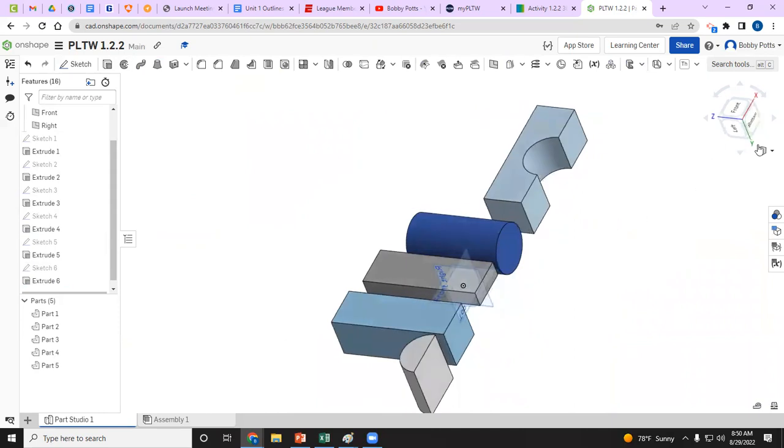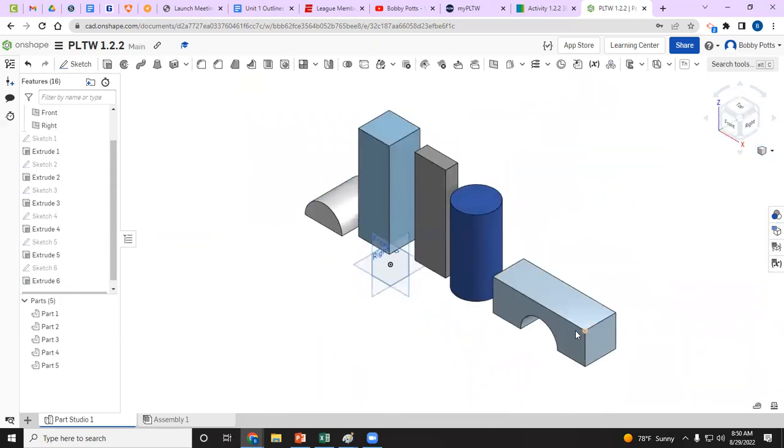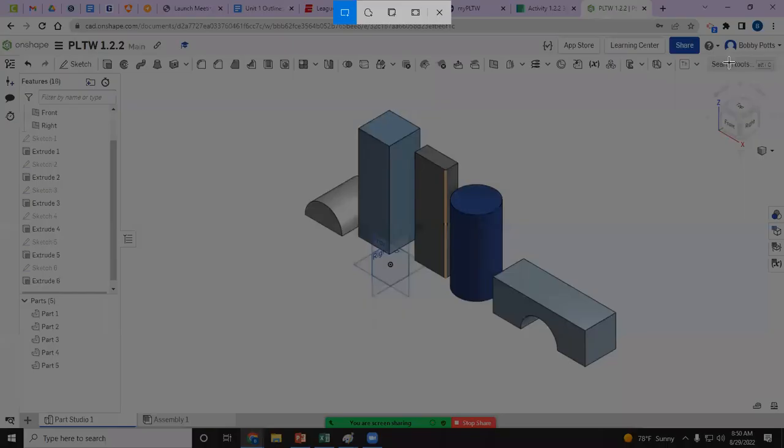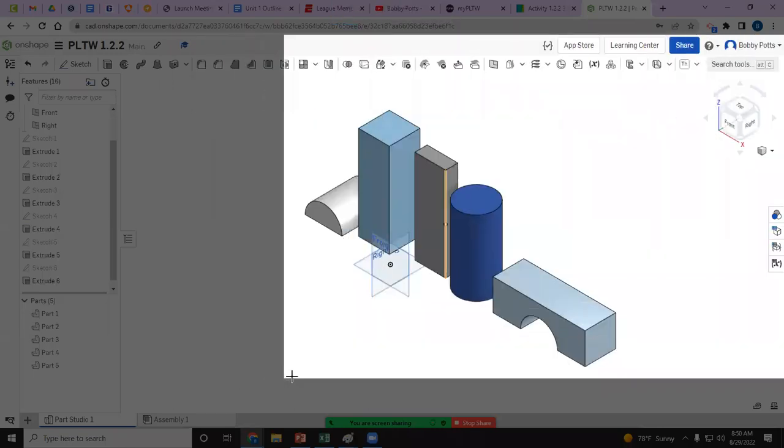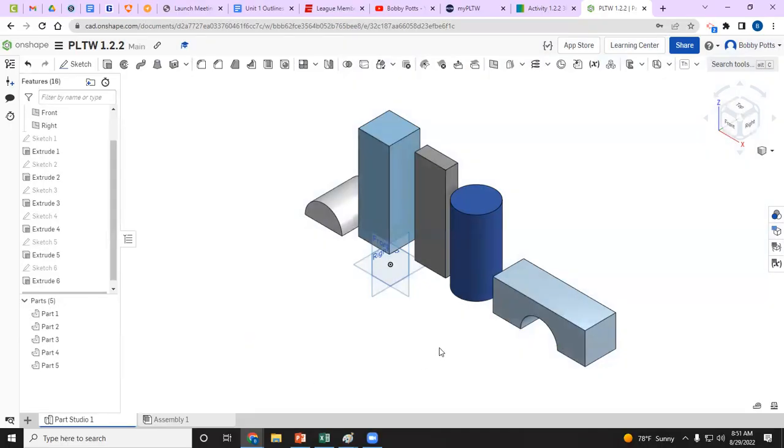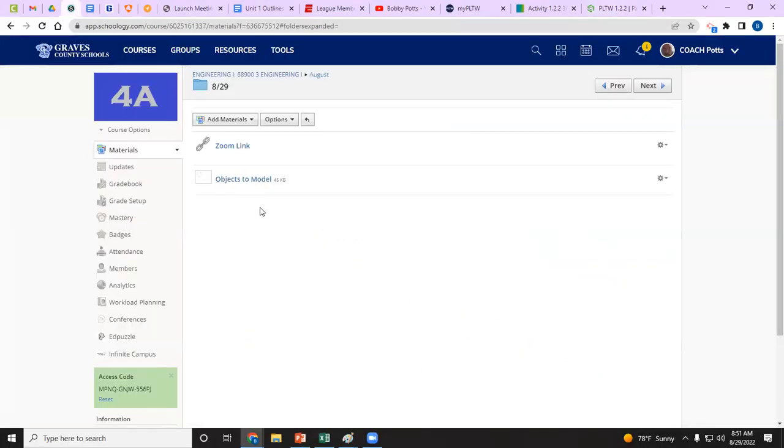Okay, so now that I've built all of those images, okay, I can clearly see them all right there. I can see the dimensions, and this is what my submission should look like. So what I'm going to do is I'm going to screenshot. So you guys Control Shift and the window button on yours. Make sure you include your name. So I'm going to just start here above my name and drag in this direction. All right, and then I want you to upload and submit that